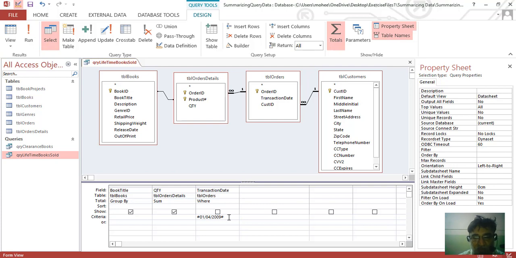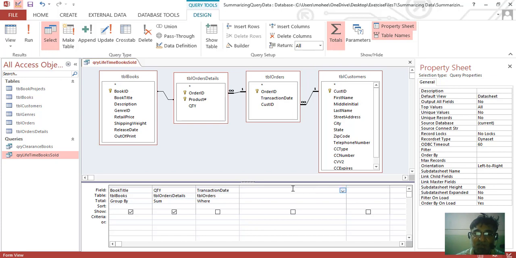You can also use a between here. Though I did not use it here, we can use a between. But if we have to achieve that criteria to see our data grouped on 2009, we'll have to write a new calculated field. So in order to write a new calculated field, we'll have to open an expression builder.